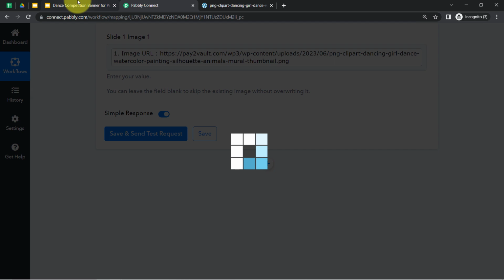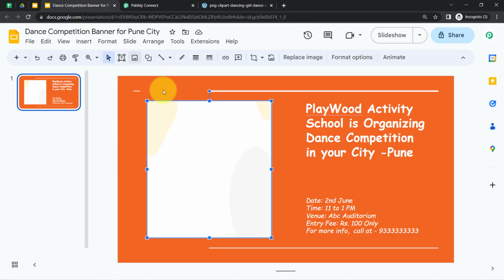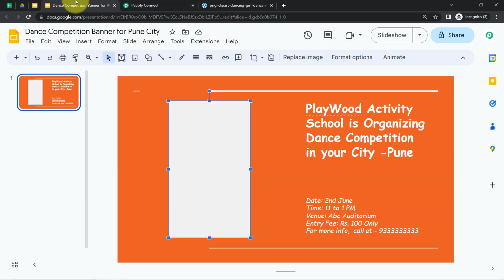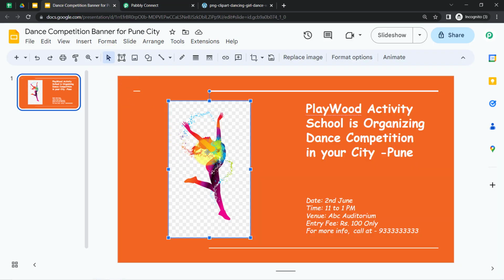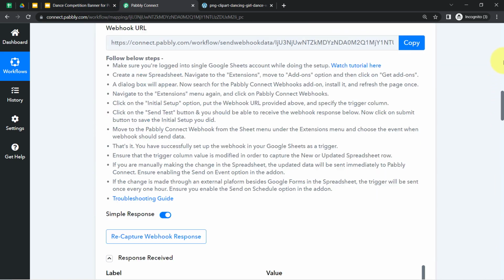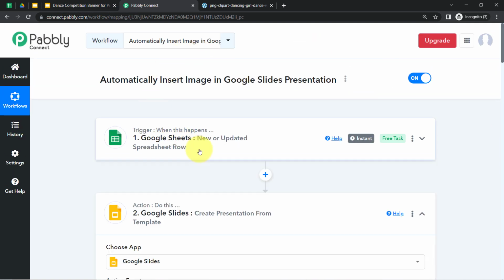Clicking on this button, save and send test request, and waiting for the response to be received in Pabbly Connect. Alright, the response is received, and here you can see how that existing image has been replaced automatically from my Google Sheets data with the help of Pabbly Connect. So this is how you can easily upload the image into your Google Slides presentation automatically using Pabbly Connect